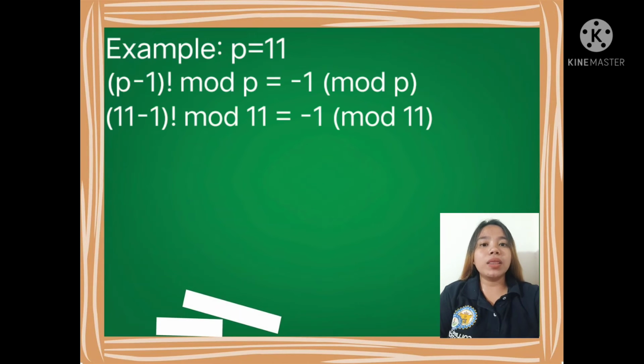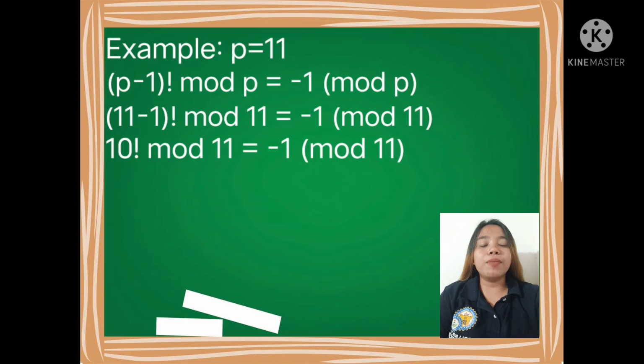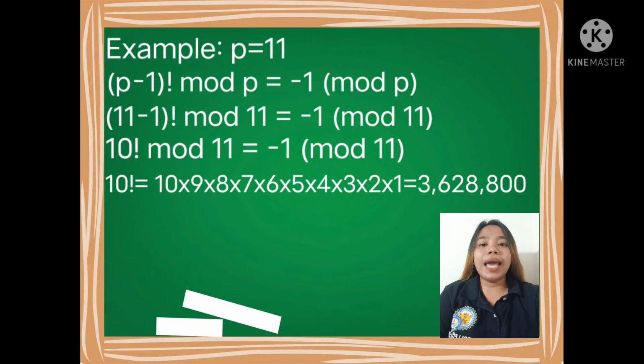Using the formula, the quantity of (p minus 1) factorial mod p is congruent to minus 1 mod p. Substitute the given value of p. We'll have the quantity of (11 minus 1) factorial mod 11 is congruent to minus 1 mod 11. The quantity of (11 minus 1) factorial is equal to 10 factorial. 10 factorial is equal to 10 times 9 times 8 times 7 times 6 times 5 times 4 times 3 times 2 times 1, which is equal to